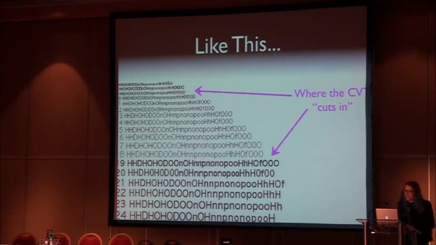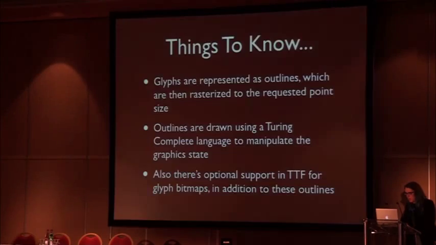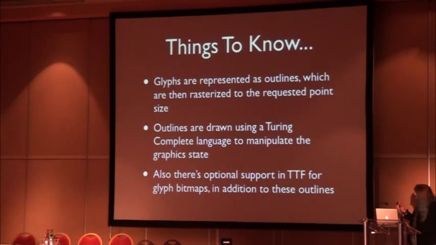So I'm not going to cover that, but you can see it work here because between these two point sizes, you can see the thickness of the characters change, and up there too. And it's basically these points, these places where the control value table kicks in and starts making changes. In order to do this, it's not like a linear thing. There's an actual Turing complete virtual machine language for doing the transforms on the character glyphs and the outlines. You can actually do a lot of transformation.